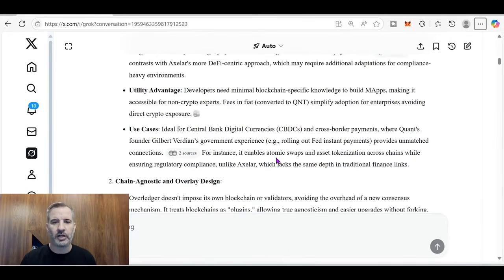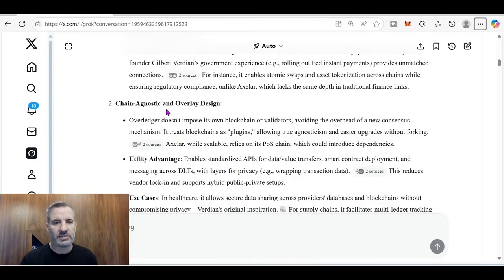Quant enables atomic swaps and asset tokenization across chains while ensuring regulatory compliance, unlike Axelar, which lacks the same depth in traditional finance links. Chain agnostic and overlay design. Quant Overledger, which is the operating system for QNT,